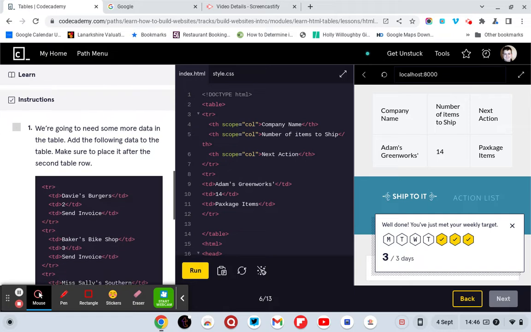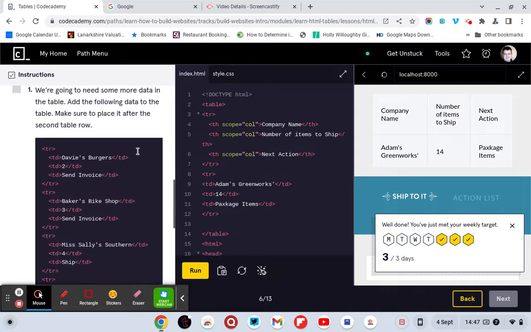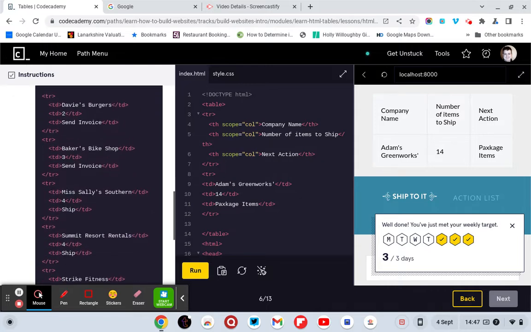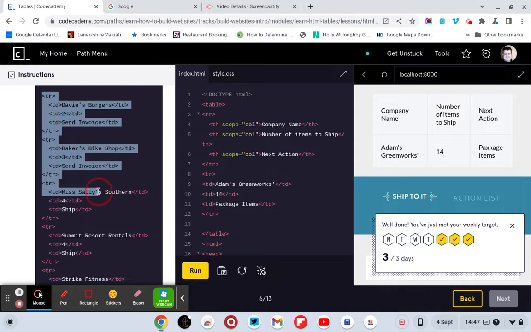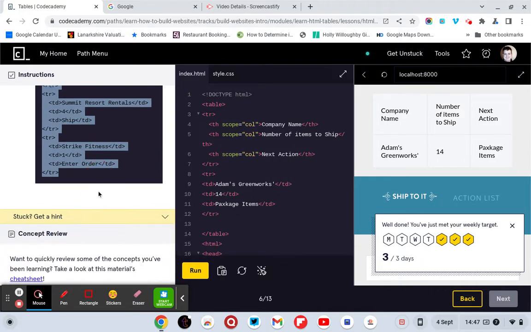We're going to need some more data in the table. Add the following data to the table. Make sure to place it after the second table row. Right, so we copy and paste that. Spokane, Washington, 1999. After almost 30 years, Robert Lee Yates Jr. But place it after the second table row. So we place it